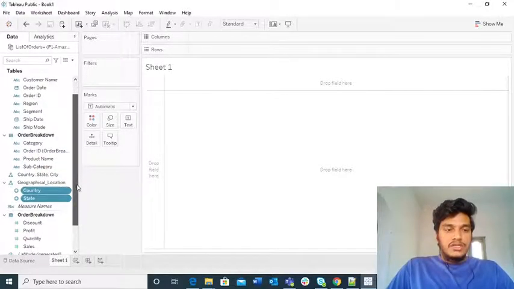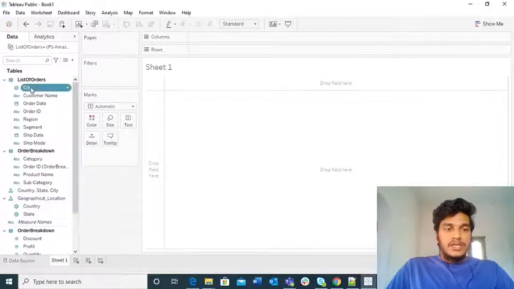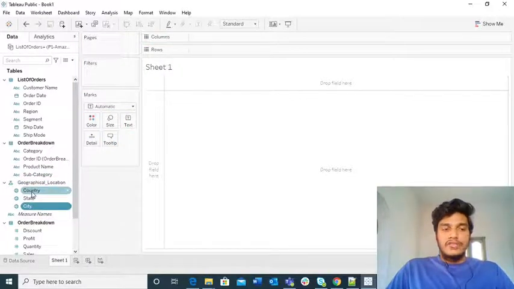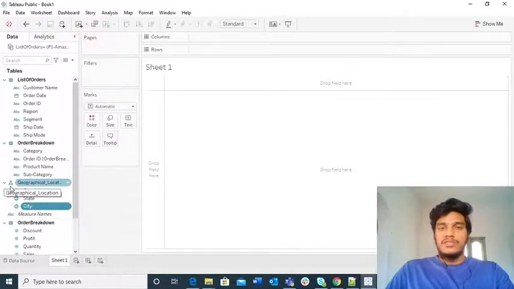If you look at this, within the geographical location it will show the country, state and so on. But I have one more geographical field, that is city. I am placing it inside the geographical location, because this is the hierarchy that we need: within the country we have states, and within the states we have cities. So this is one sort of hierarchy. We didn't have any geographical dimensions in the list of orders table, but this geographical location also comes under dimensions, because it is not numerical data, so we cannot do any aggregations or numerical operations on it.